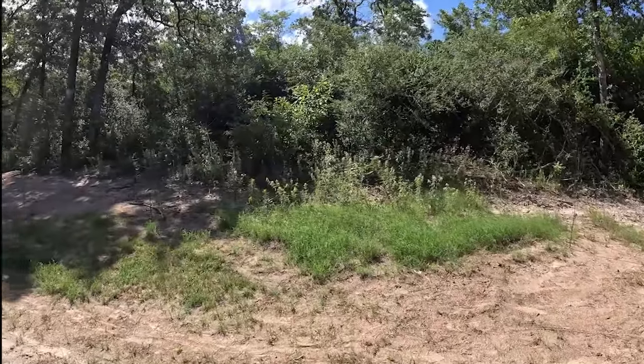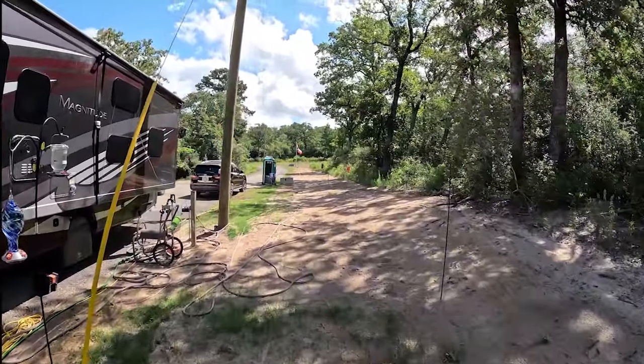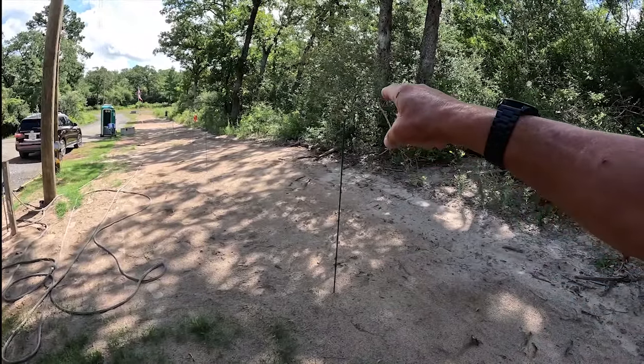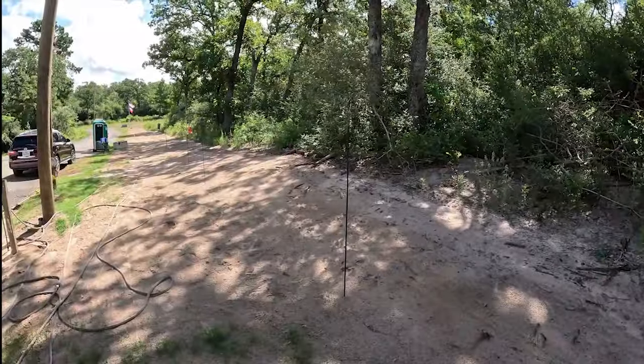So one of our projects for today is all this sand over here. We need some grass. We need some grass real bad. We had a real bad bug issue, and I've talked about this on a couple of videos, where the bugs are just horrible, and it has greatly improved with all the hummingbird feeders. I just recently put up the stakes so that the dragonflies will have a place to roost. I saw a YouTube video, of all things, where the guy was talking about how to attract dragonflies, and he said they like to perch on stakes, and so I went and found some stakes, and sure enough,